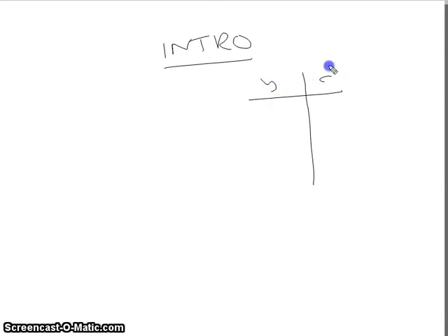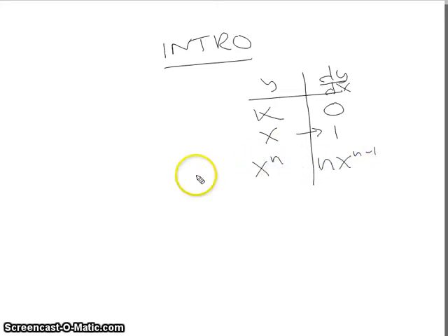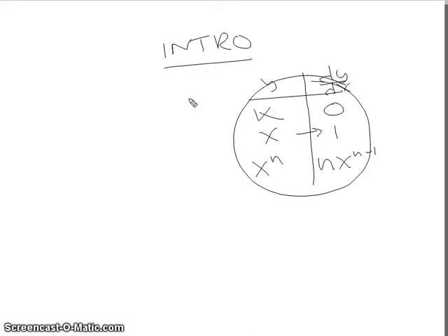So we've got y, dy/dx, and this is the table we're going to use. We're going to rely on just three things. K, a constant, differentiates to 0. x on its own differentiates to 1, and x to the n differentiates to n x to the n minus 1. There you go. This is all this section is going to deal with, looking at different derivatives like that,